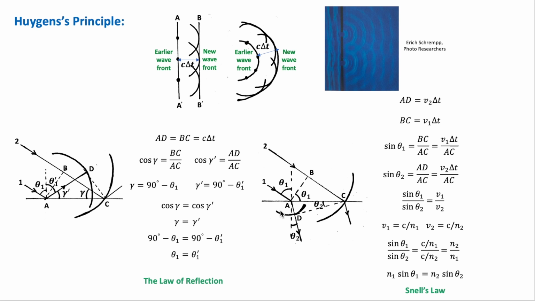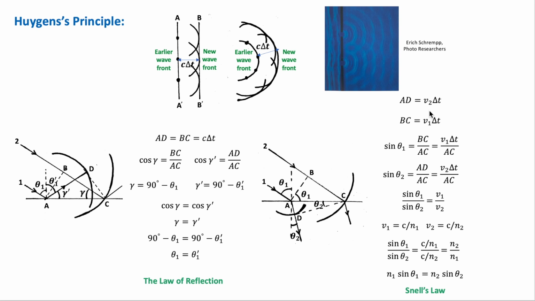So this is the wavelet sent out from A, and this is the one sent out from B. As you can see, the two wavelets travel in different media during this time interval. So the radii of the wavelets are different because the speed of light is different in the two media. So the radius of the wavelet from A, which is AD, is equal to V2 delta t, where V2 is